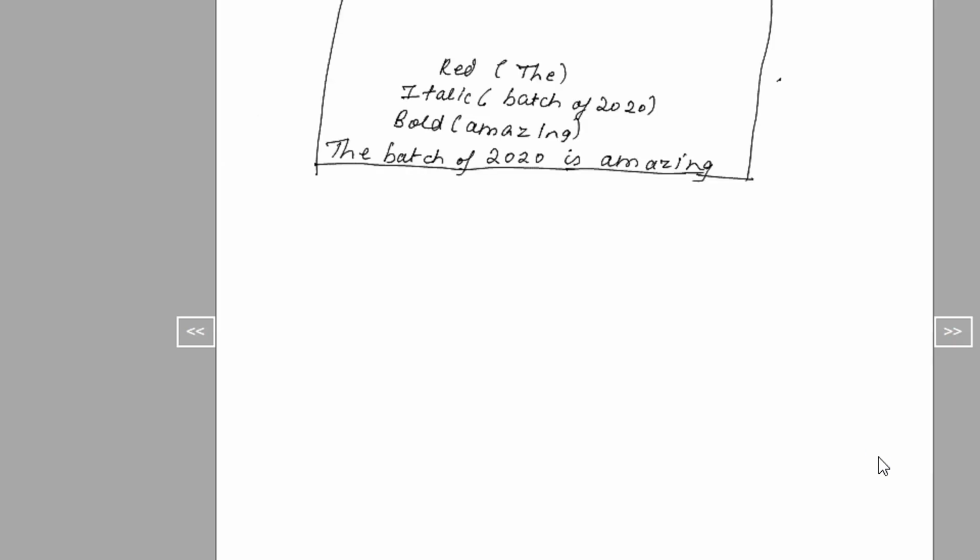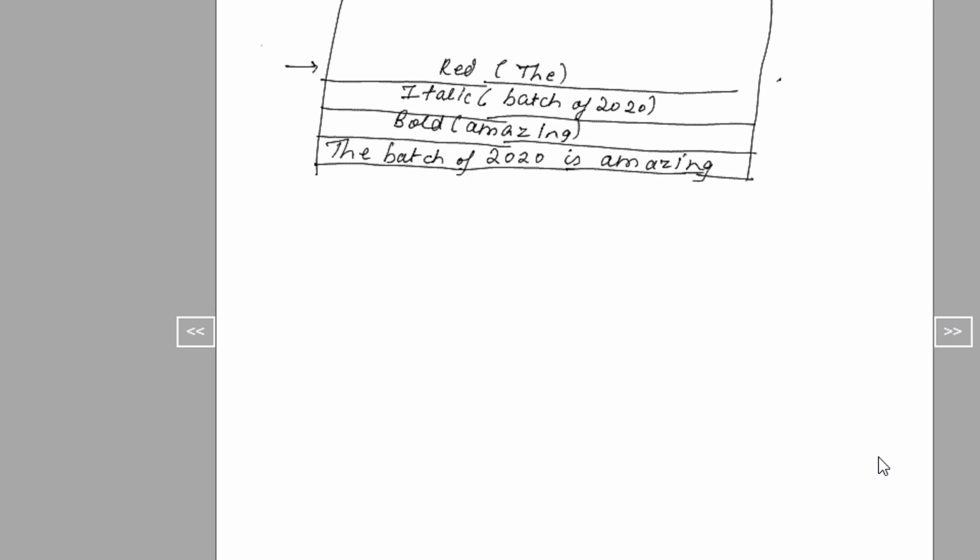Now let's say when I do a Control Z, what happens? Assume this is your stack. First I wrote the batch of 2020 is amazing. Then I made the word amazing bold. Then I made italic, batch of 2020. Then I made the word the red.